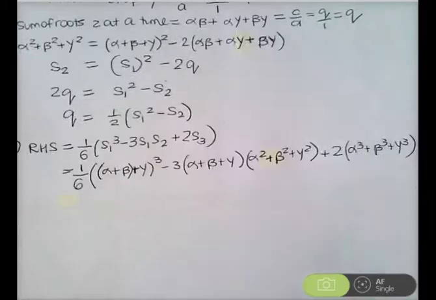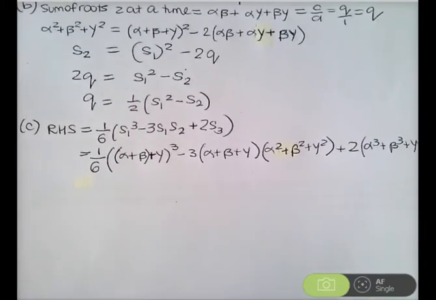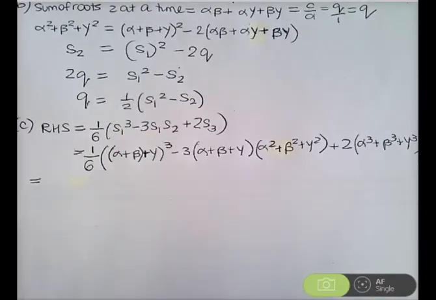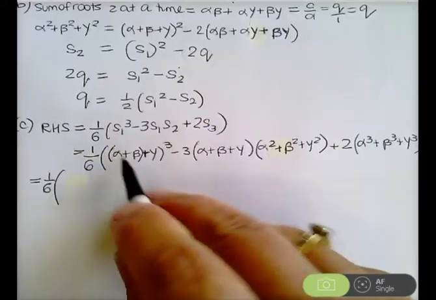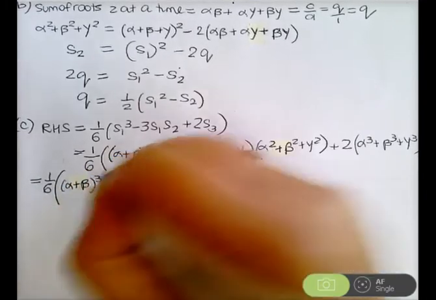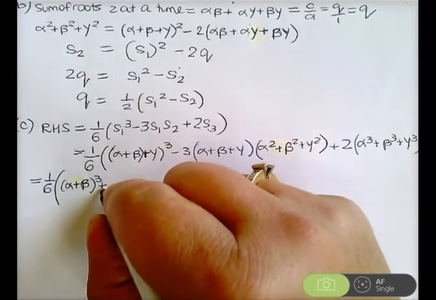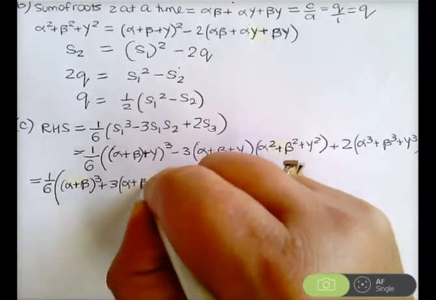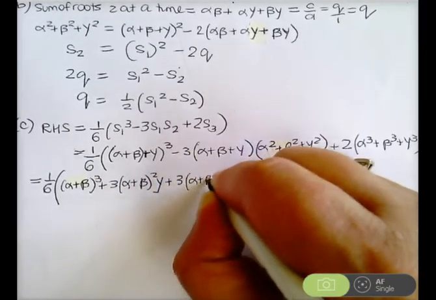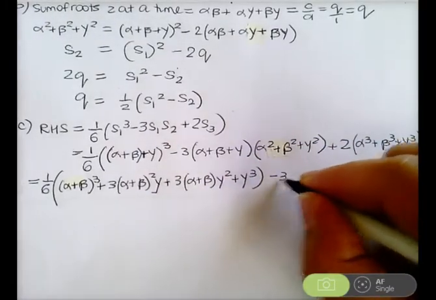We'll turn it sideways. Everyone got that last line over there? Yeah. All right, so it equals 1/6. Isn't the first one cubed? Alpha plus beta cubed, still got a cubed, plus 3 lots of alpha plus beta squared times gamma, plus 3 lots of alpha plus beta times gamma squared plus gamma cubed, minus 3 times